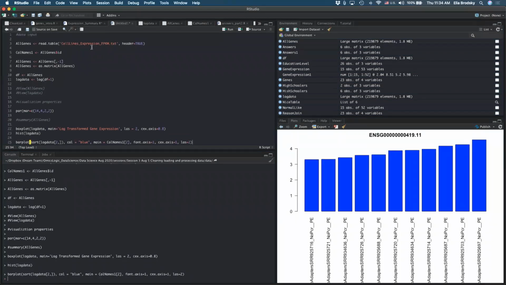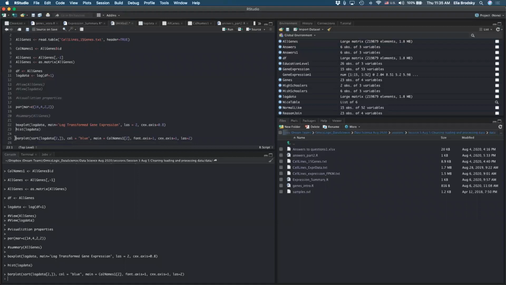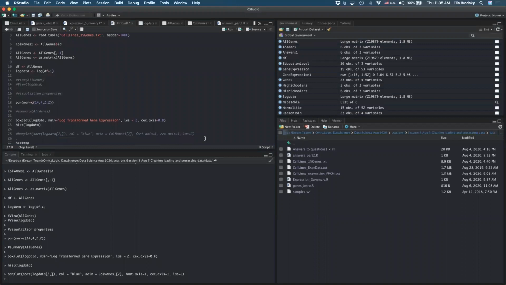So an easy way to do that is, instead of looking at each individual gene, we can just take cell lines, cell lines 15 genes. And let's take a look at what that actually does. Cell lines 15 genes. Okay, and so here, obviously, we don't want to do all of this. Well, we can do a box plot, we can do a histogram, we can do this. Well, we don't need this. Let's do a heat map. So just heat map.